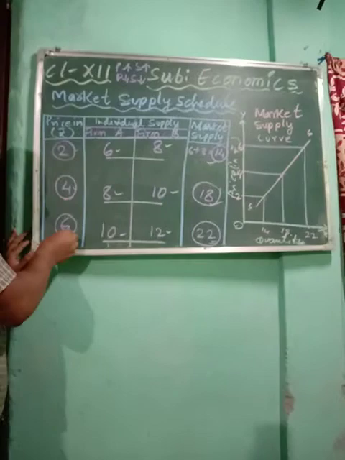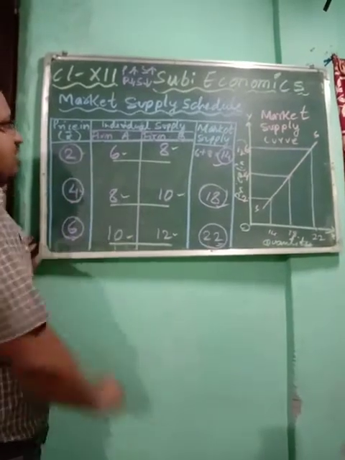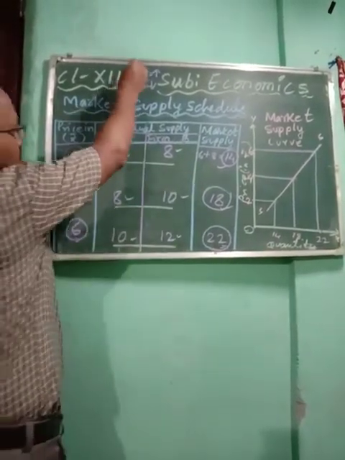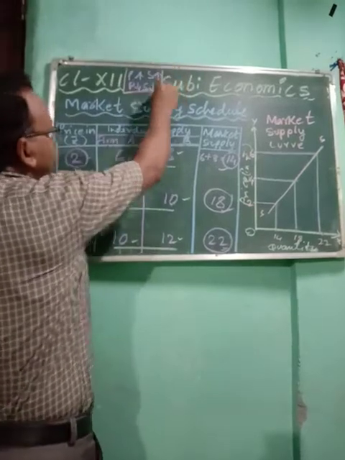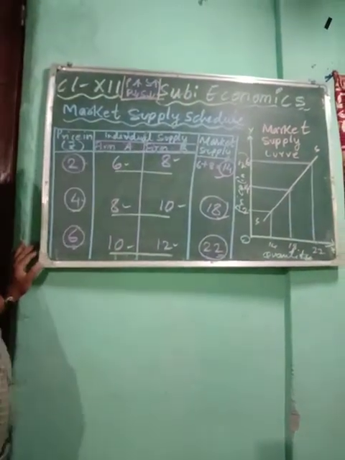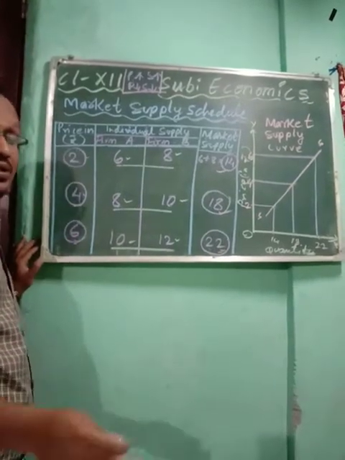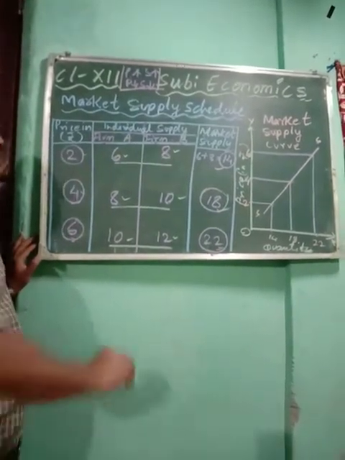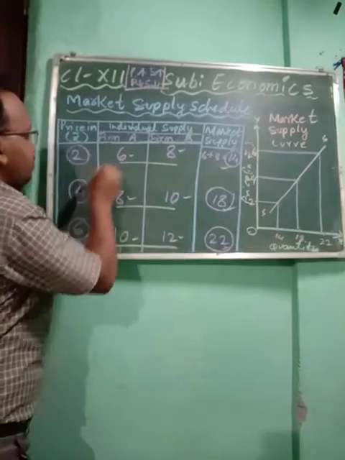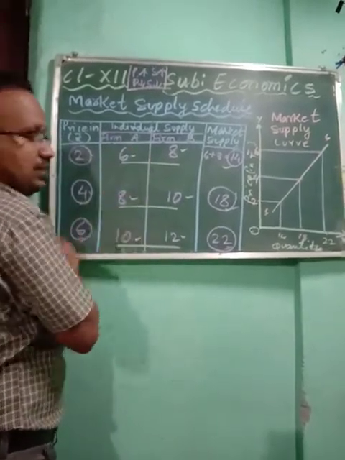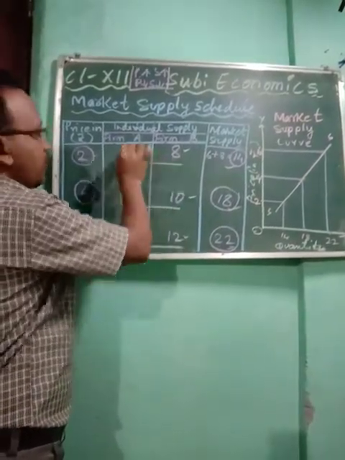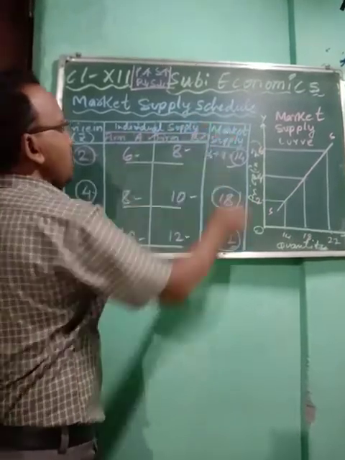You are going to take 3 prices and you are going to fill in the quantity supplied according to the law of supply that I already told you all. When price increases, supply also will increase. When price decreases, supply also will decrease, and the other factors will remain fixed or constant. So you see here, as price is low, supply is low. As price increases, supply increases, in both form A as well as in form B.